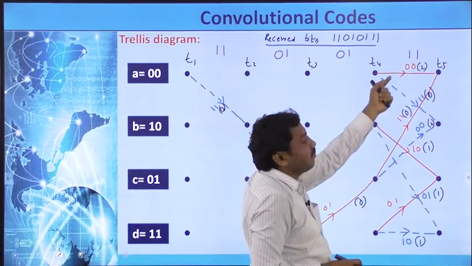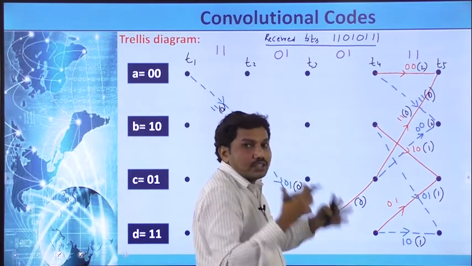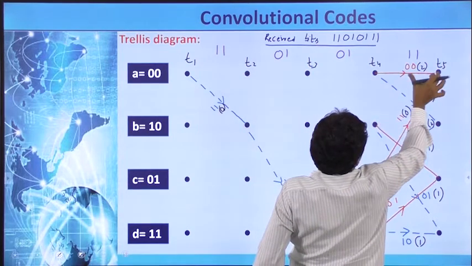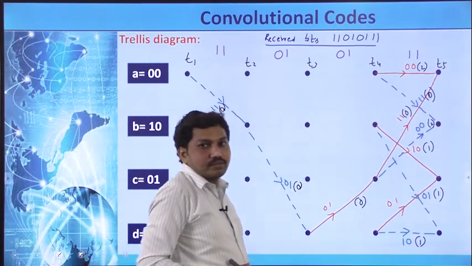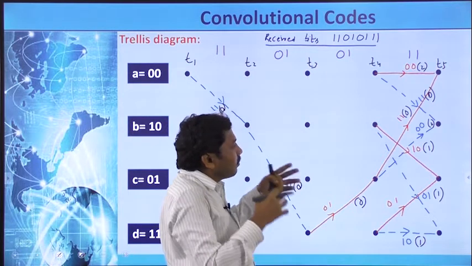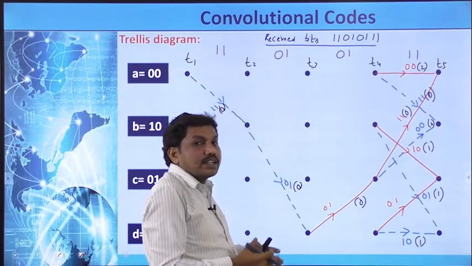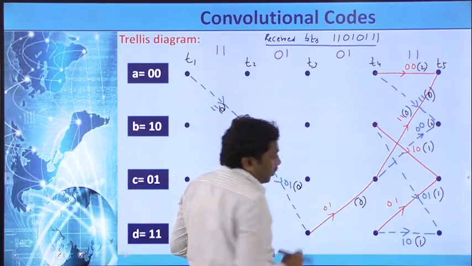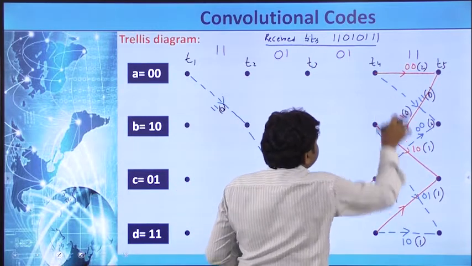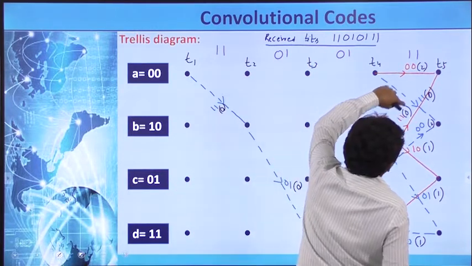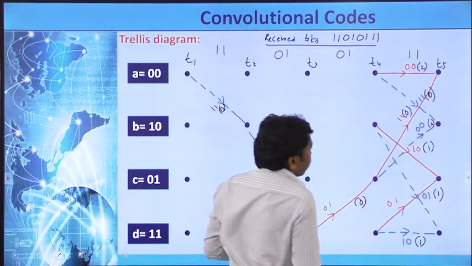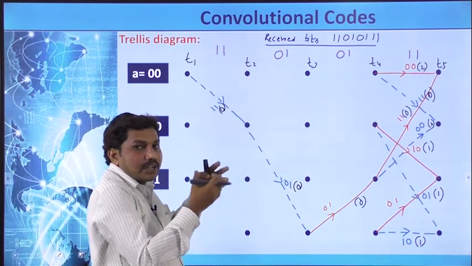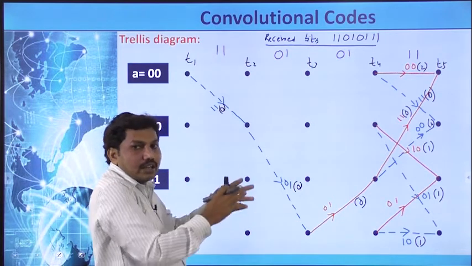So calculate the Hamming distance between the received sequence and the coded sequence for the T4 to T5 branches. So which branch has the least metric, that must be connected to the previous path. So that means this is the previous path. So here which has the least metric, so this is 0, whereas this one is also 0. So keep the branch which has the least metric, that must be connected to the previous path, and discard all the remaining.